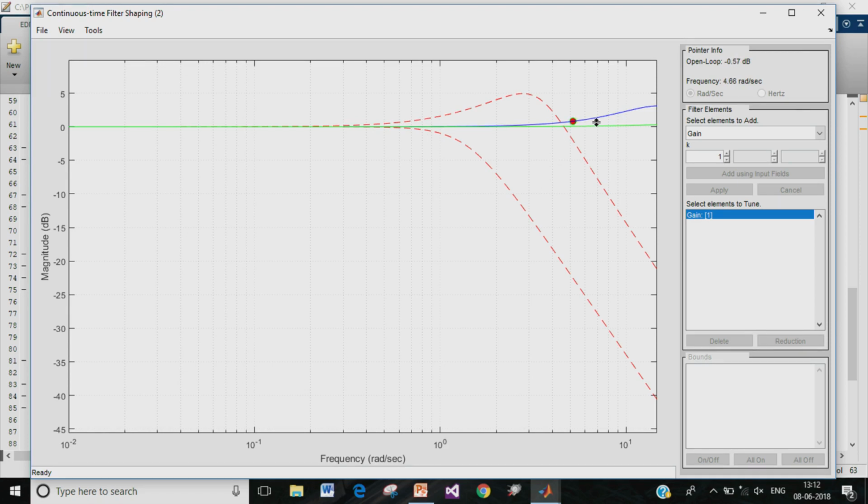It so happens that for the controller that we have designed, the performance specification as far as robust tracking is concerned has been met much better than what was expected. The blue curve here shows the upper limit of the transmission function, while the green curve shows the lower limit, and we see that at each of the frequencies the difference between the upper limit and the lower limit is much less than what we desired.